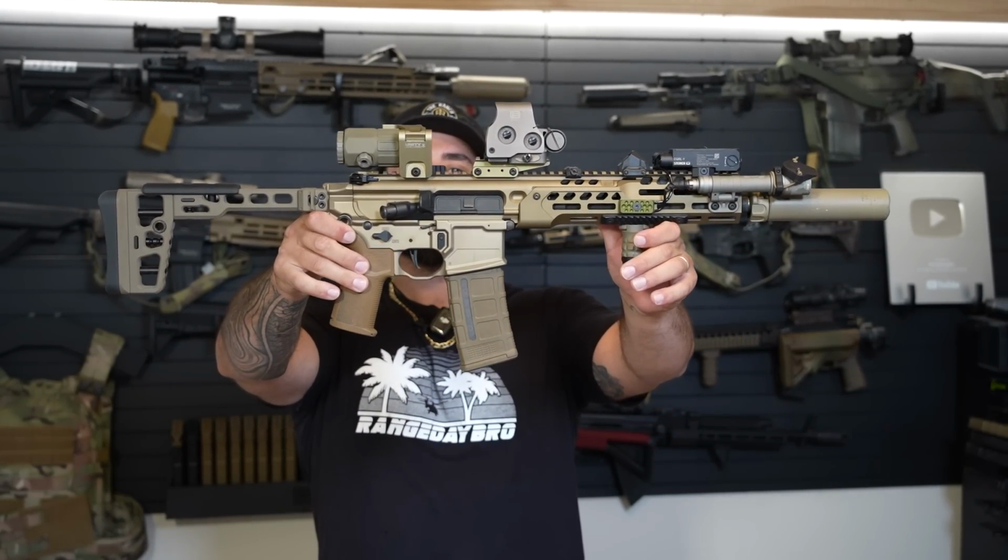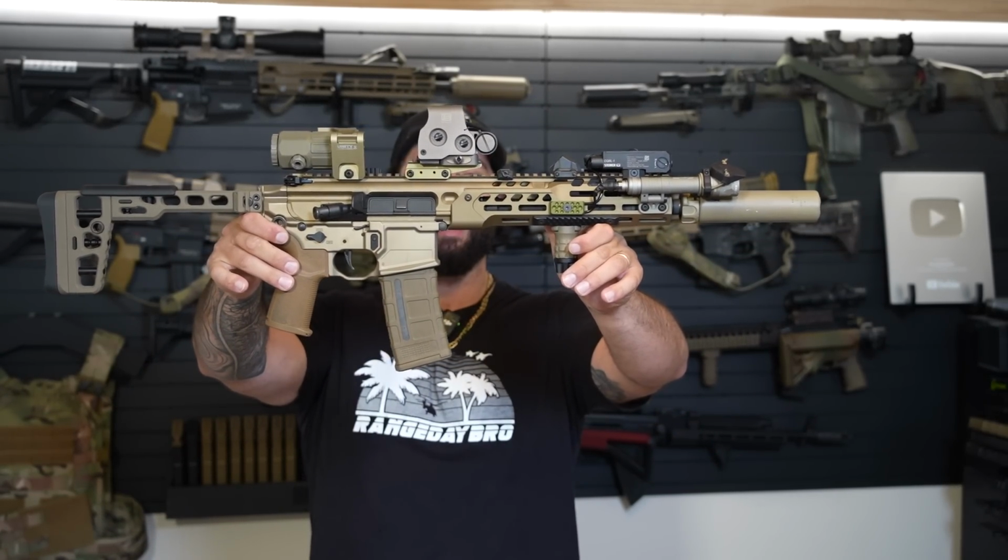Today, we are going to be taking a look and going over the SIG Spear LT SBR. This is the 11.5-inch 5.56 version of the SIG Spear. But before we talk about all this and get into the setup and the idea behind it...